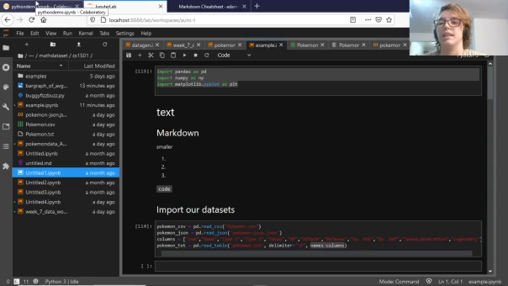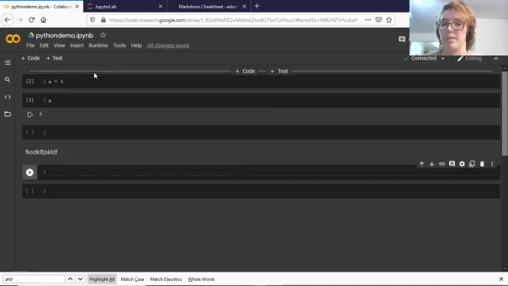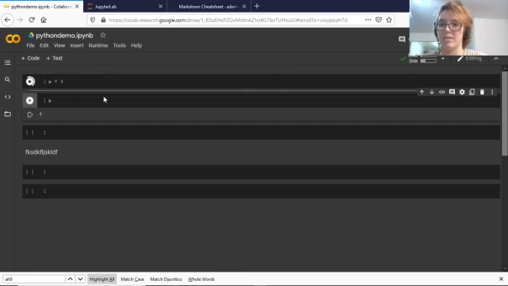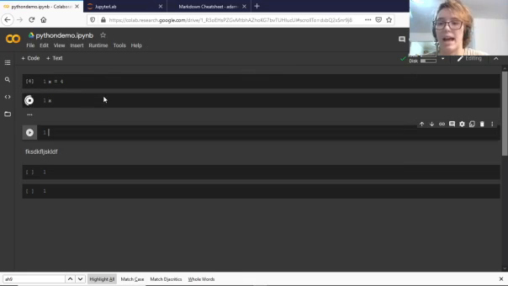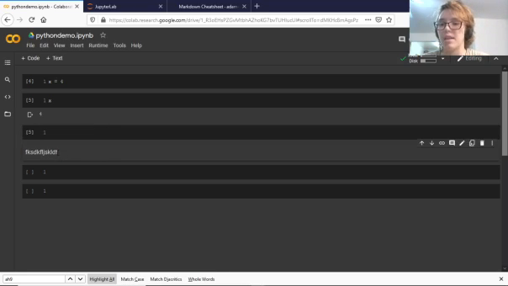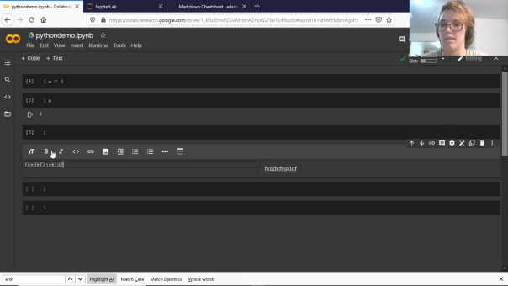So basically all it is is an interactive Python environment that saves variables in memory in a certain runtime. You can run cells individually. It outputs things. You don't have to necessarily print it. The last line will output if it is something that can be outputted. And one other thing is that you can